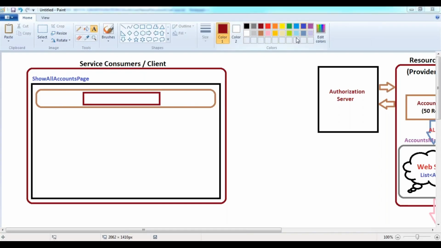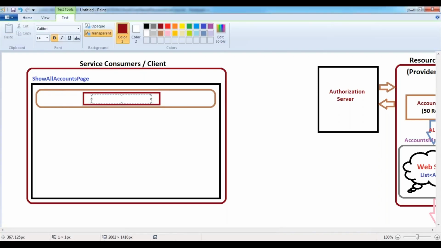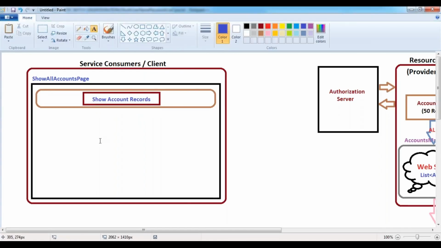I'm placing the caption, show account records. So upon click on this button control, now I